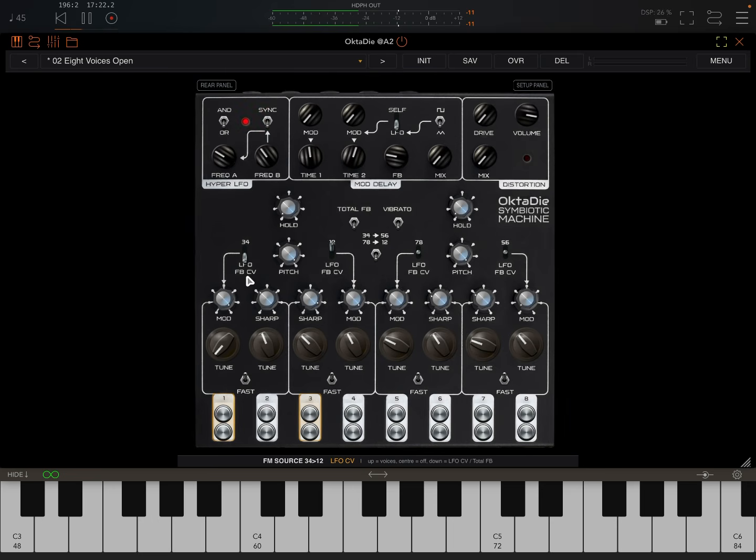But then if we bring this down, now you can see it says LFO, FB, that means feedback, and CV. I'll talk about CV input later. That's something we'll do when we use this as an effect, not as an instrument. At least not in the iPad version anyway. I think it's a bit different how it's set up on the desktop. But here,